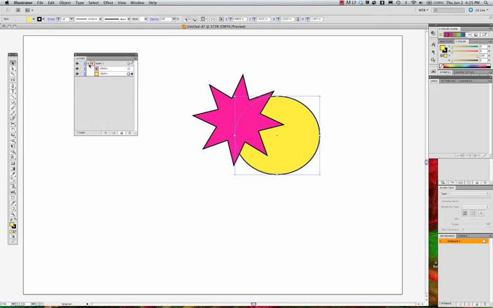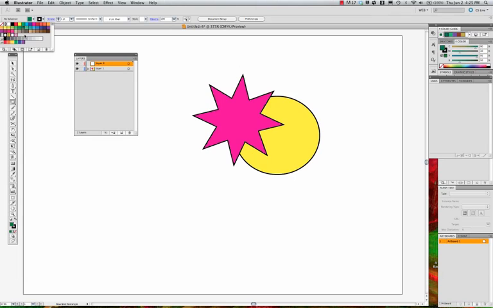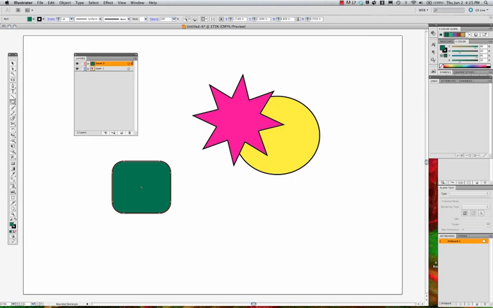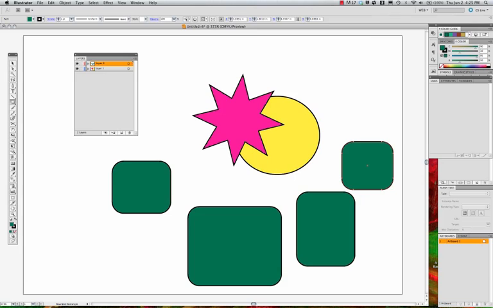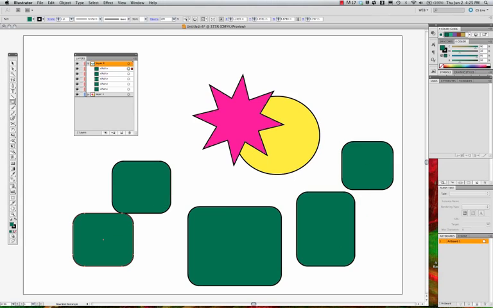So say for instance I have a lot of paths there and I need to be a little bit more efficient about it because I have lots of layers here. Maybe I want to create some new shapes over here. Of course I'm going to have to select off them first. And say I wanted a bunch of rounded rectangles that are green. I can click and pull these out now, and they'll be on that layer. Say I don't mind if they're all on the same layer, then that's fine, but you can't really tell the difference between all these green paths,